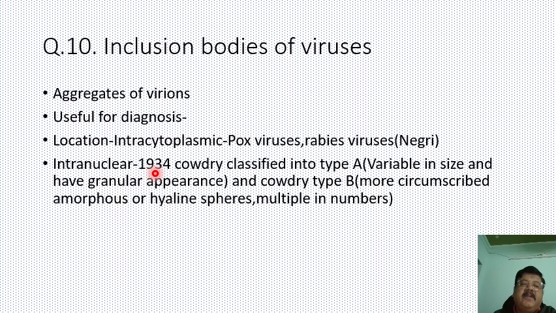Then intranuclear: in 1934, Cowdry was the person who classified them into Cowdry type A, which has variable size and a granular appearance, and Cowdry type B, more circumscribed, amorphous, and hyaline spheres, multiple in number. So these two, Cowdry type A and